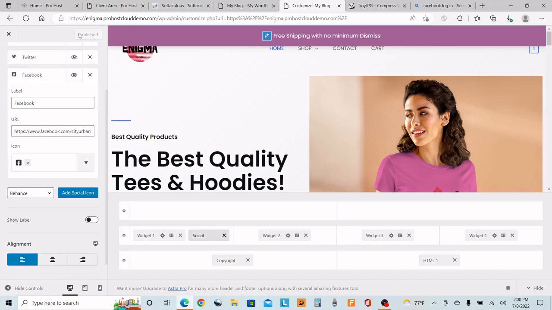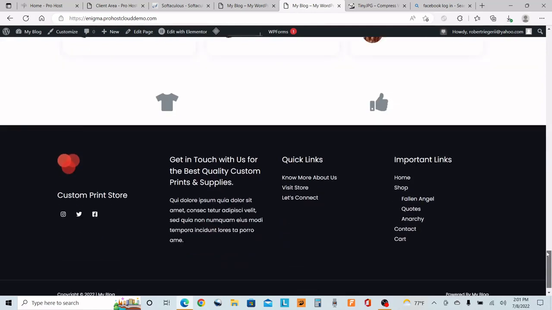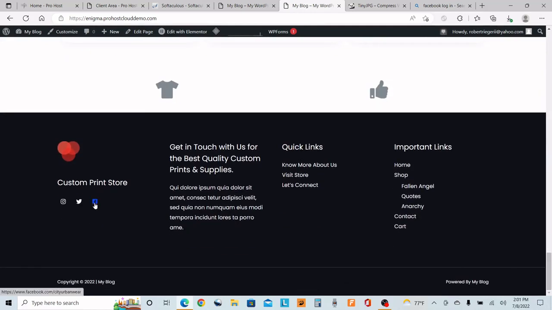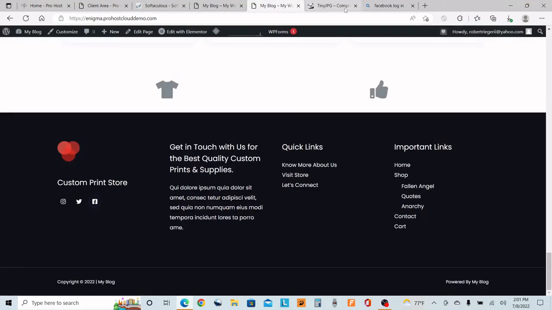And now when we go back to our page, we should be able to hit the Facebook symbol at the bottom of the page, the social icon, and that should take us to Enigma Apparels. Yep, exactly. All right, so one thing I do want to do,